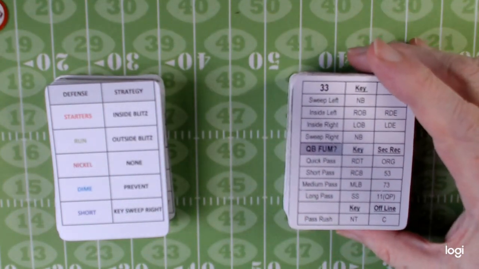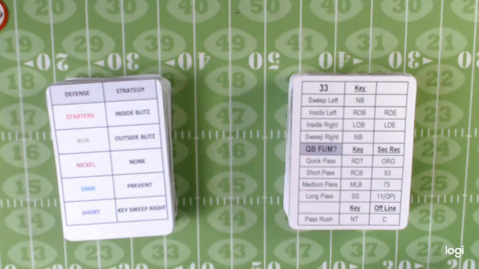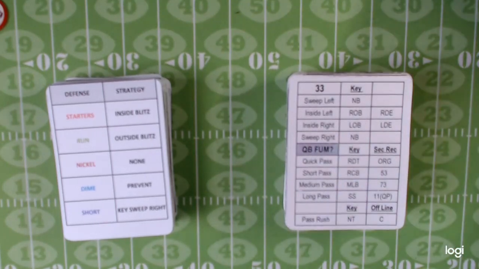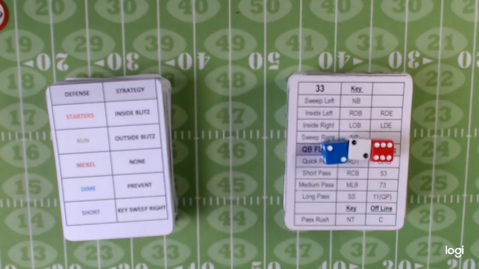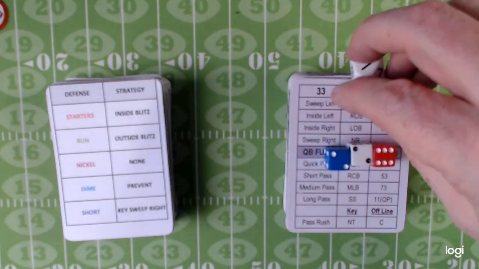Those of you who've either watched my recent football videos or have played this game will know that these are the fast action cards for Inside Blitz, and you just need 3 dice and the fast action cards. I also used these to work out who is the sack or interception,